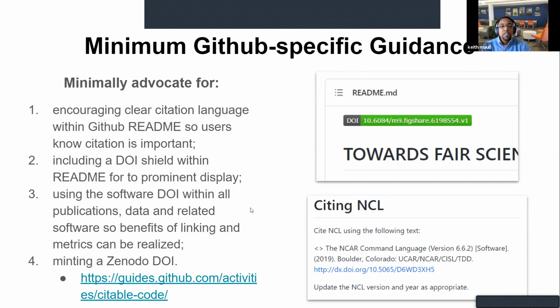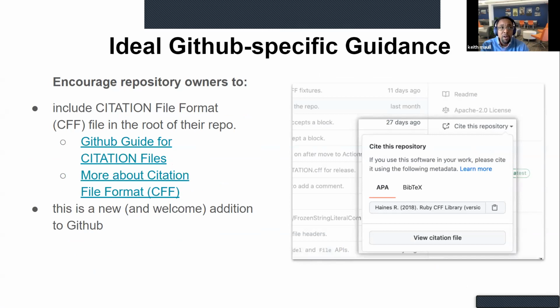Okay, so going one step further, and this is a very new feature in GitHub, but it is a welcome addition, and I think steps up the game quite a bit in the GitHub realm, at least for demonstrating some kind of support and some kind of real movement towards making software first-class citable digital objects.